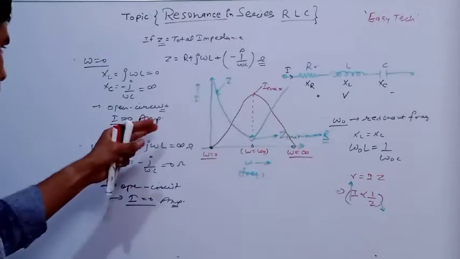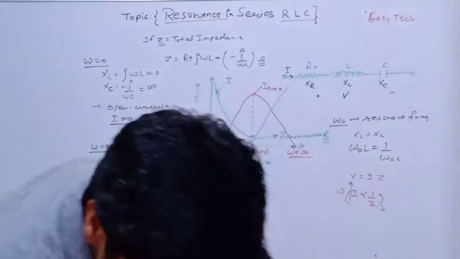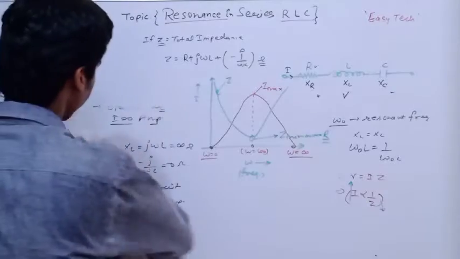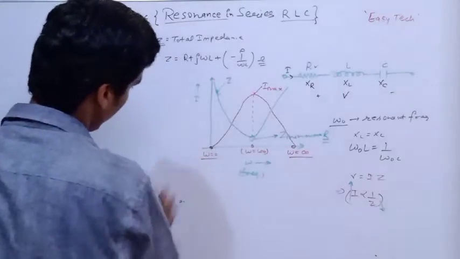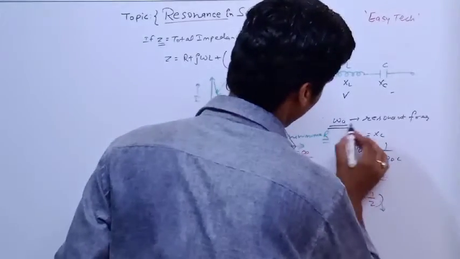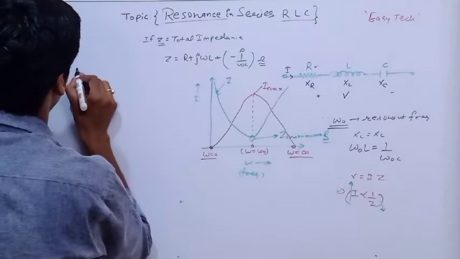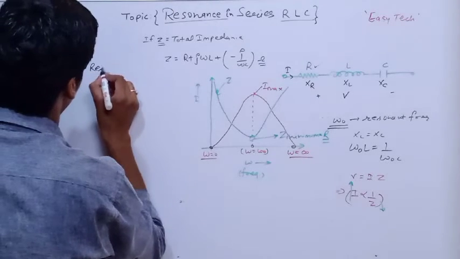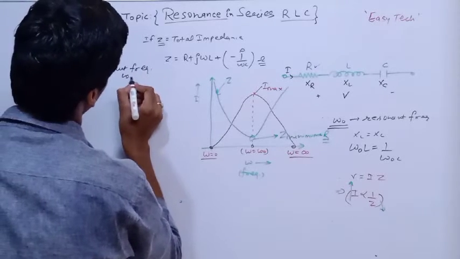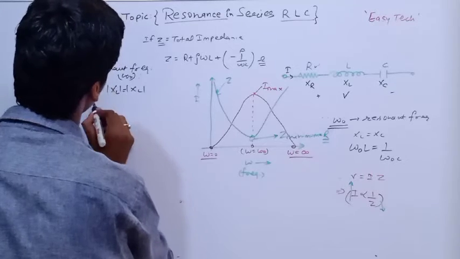So this was the graph of I versus omega. बहुत से लोग confused हैं कि ओमेगा नॉट की फ्रीक्वेंसी कैसे निकालते हैं. So let me again clear this topic here. I already told you, if you consider omega naught as a resonant frequency, so at resonant frequency, the value of XL should be equal to XC magnitude wise.